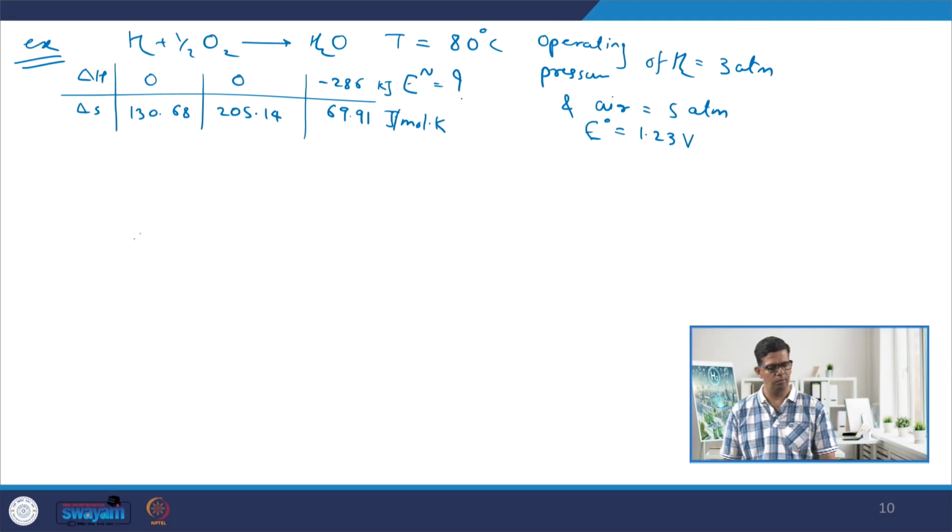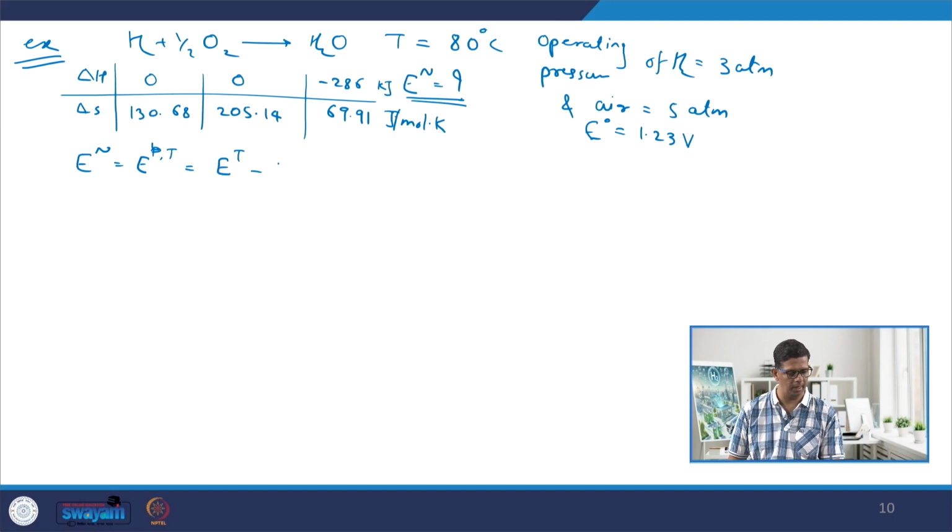Okay. So, we need to find out the Nernst potential, and as we know Cp depends on the temperature as well. So, we need to integrate all those equations, find the entropy change, and then use the Nernst potential equation to find the final value. So, let us first write down the equations. Here E_N, at different pressures and temperatures, is nothing but E_T minus RT by nF ln of the activity of water